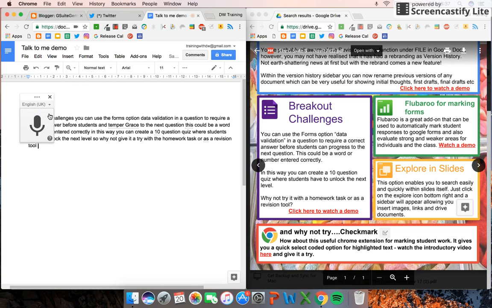So I click on the speaker there just to stop it. And obviously, it's not 100% accurate. It's listening to my voice and doing the best it can, but it's an awful lot quicker than it would be. And we can just check it across. So breakout